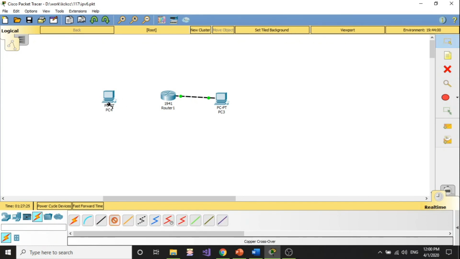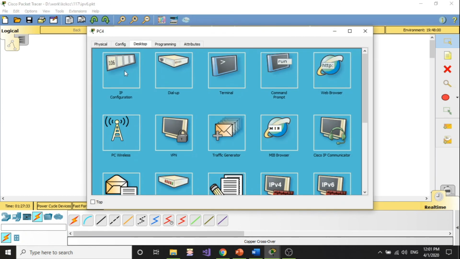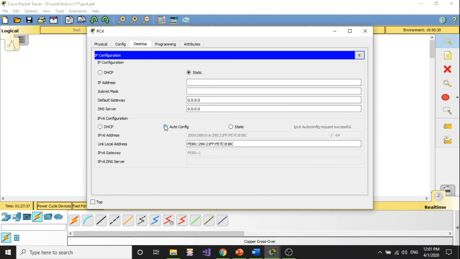Well, I wish I thought about this before I automatically assigned an IP address to it, but let's go back here to this machine. Desktop configuration. Okay, as you can see here, this is automatically generated. Click on auto, and here we go. Look at the IP address. I got 2 DPA, and look at this number here. This is basically the IP address that is generated. Look at this here,